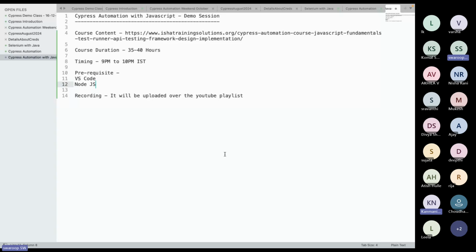Yes, I will be providing UI as well as API related tasks during the sessions. Obviously, for the initial 4 to 5 sessions, I may not give any task. Once we start with the actual UI scenarios, such as dropdowns, radio buttons, how we handle web tables, how pagination is done, how we download files, and how we upload files, all these UI concepts, once we come across them,